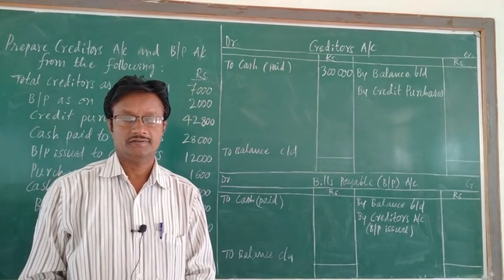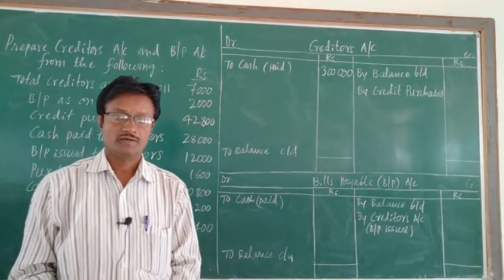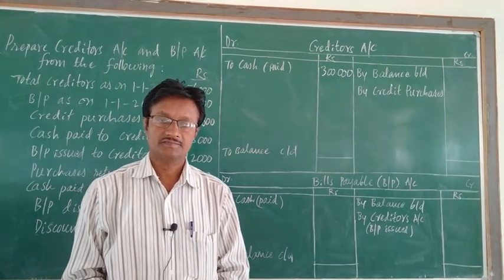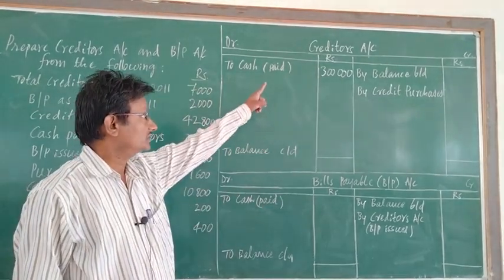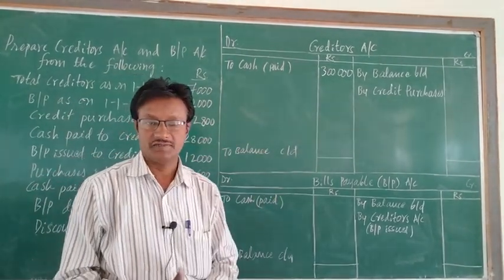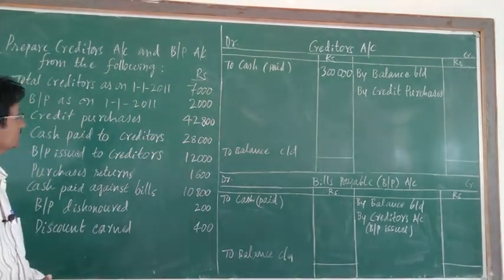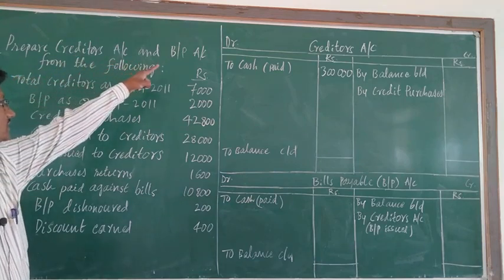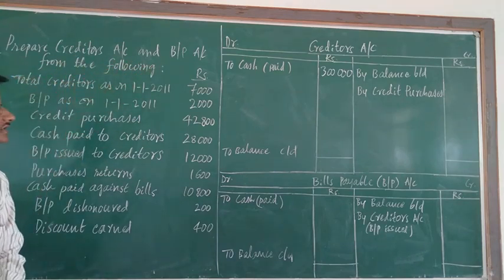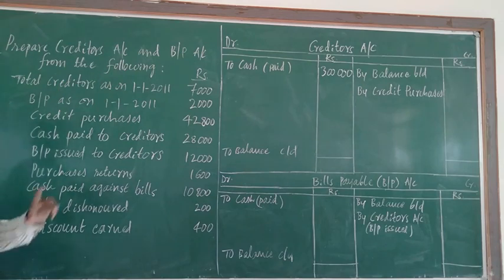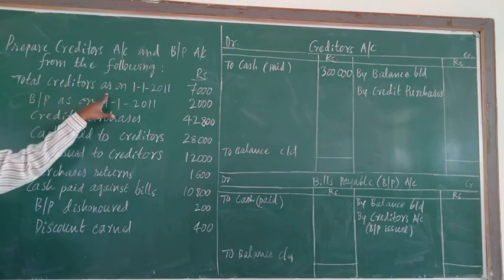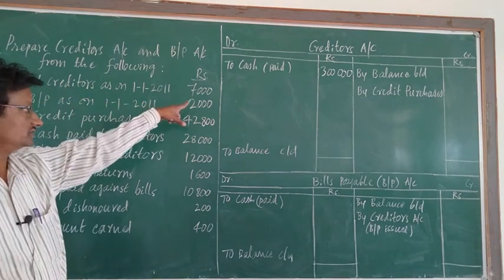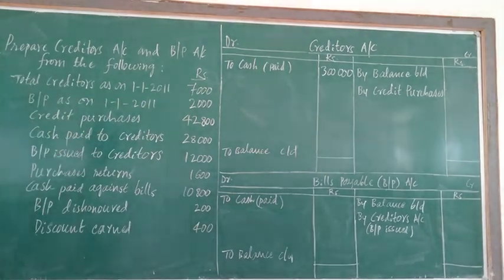Next, we have to solve one more problem relating to creditors account and bills payable account. Here the problem given is: prepare creditors account and bills payable account from the following. Here the information given is total creditors as on 1/1/2011 7,000, bills payable as on